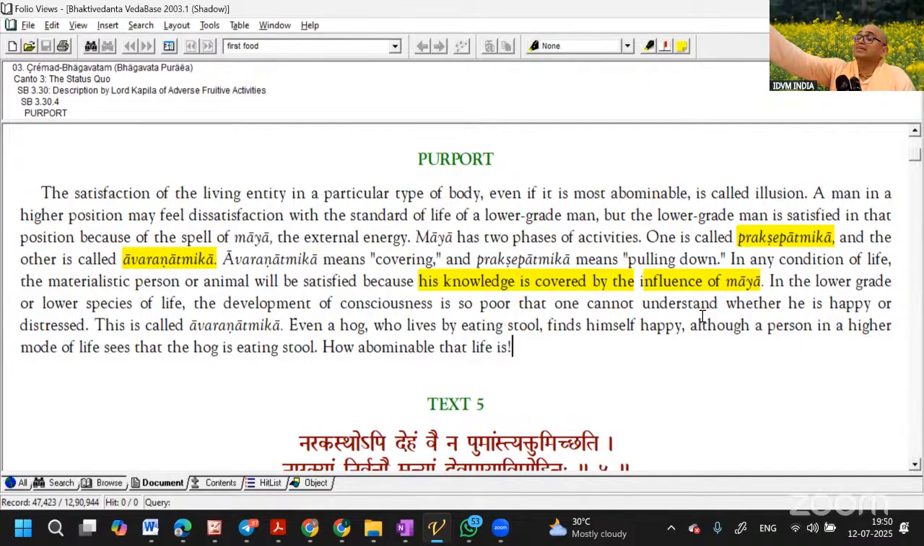So what I am saying, main topic is what is going on. Animals, they cannot do pure devotion. To do pure devotion, what qualification is needed? दृढ़ श्रद्धा।